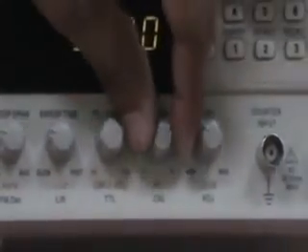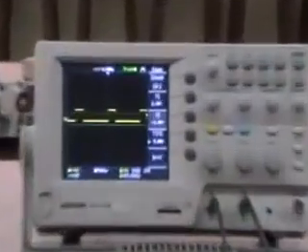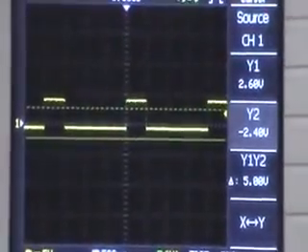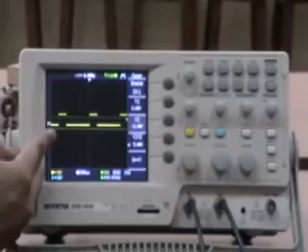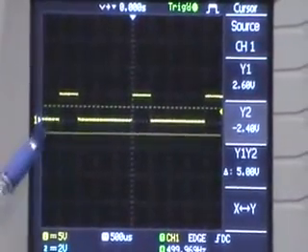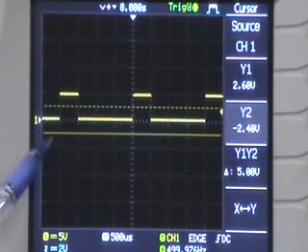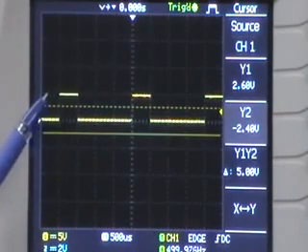The offset is provided by pulling out the offset button, and if you want to provide an offset, first we will have to bring this waveform to 0 level. The negative peak will be at 0 level and the positive peak will be at 5 volt.